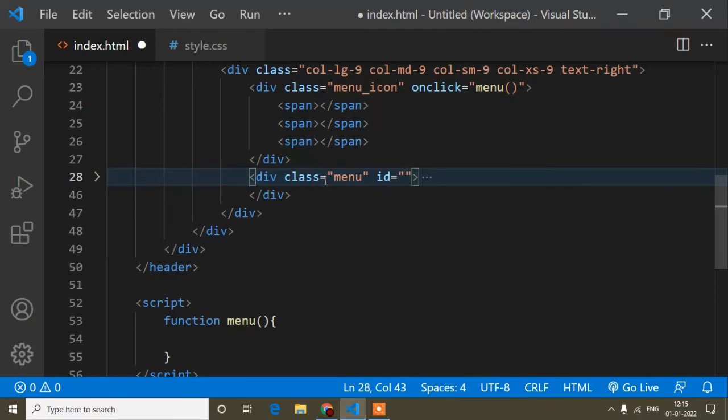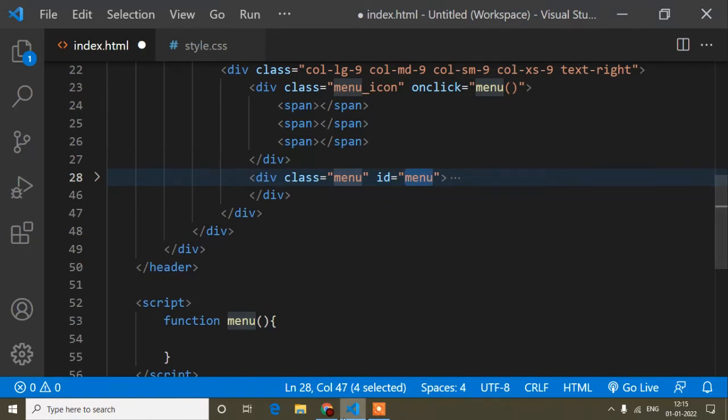So we will avoid the for loop, and we will use id because the menu is one time, right? But if it appeared many times, then we would need to write the for loop, but here we will ignore that. So here I will write the id name the same as the class, menu. If you want, you can change this id name.